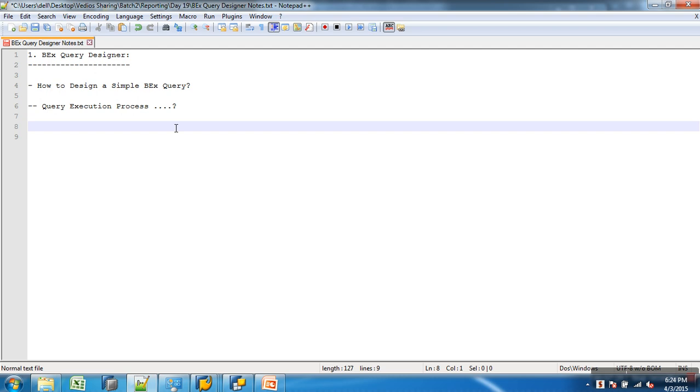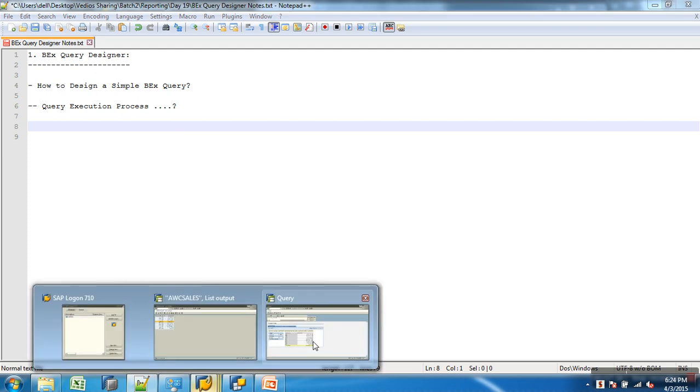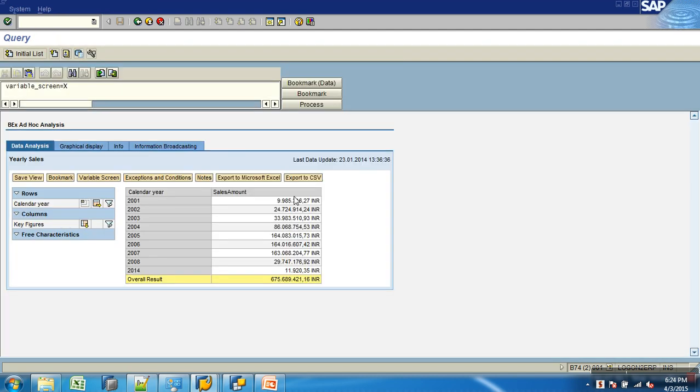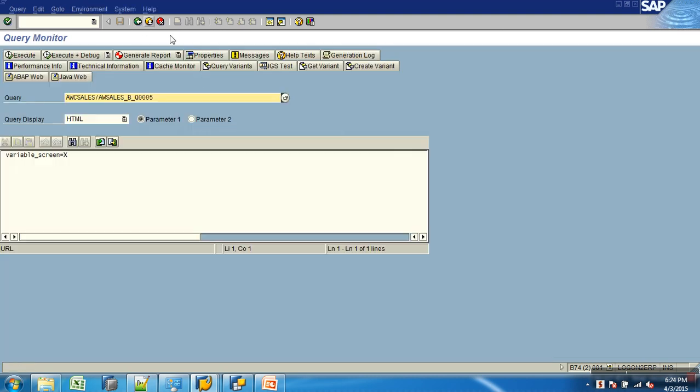Okay, good. After this, let's say you ask for a query, whatever result has come, will it be stored in the cache or will it be deleted? It will be in the cache. Next time if you do the same thing, it will be there. If I fire this query now, it gets very fast because it is got in the cache.